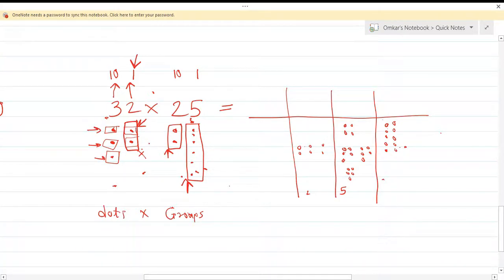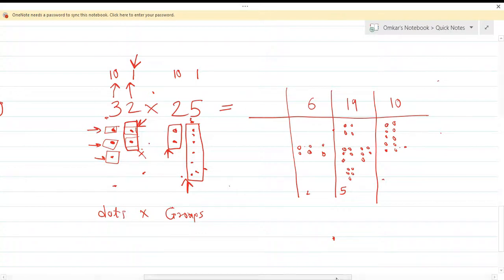So if this dot is not visible, I want to just make it dark. Okay, instead of dots, actually, I have used small circles here, which is cheating, but still it's fine. Now everything is over. For all dots we have arranged all groups. So what we can do is just count how many dots are there. So here we have 10 dots, here we have 19 dots, here we have 6 dots.